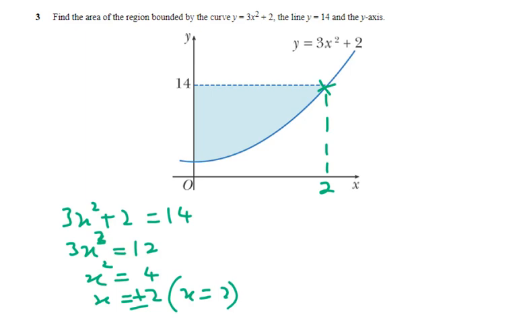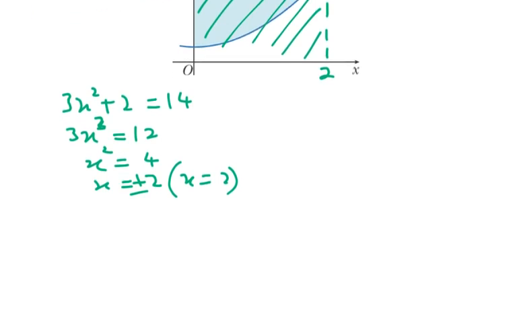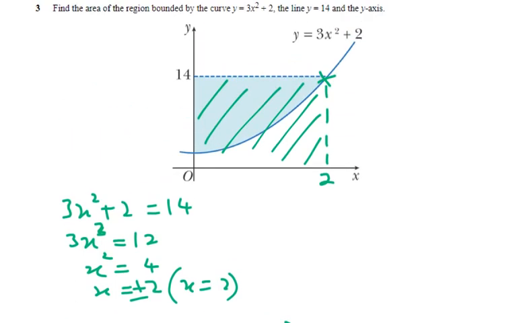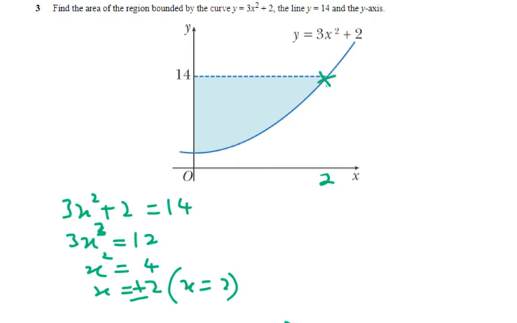With this information given, you can basically find the area of the whole quadrilateral here, the whole part. It is a quadrilateral where you can find the area by multiplying the base with the height. So I take 2 multiplied by 14, so the area is 28 for the whole diagram. To continue with this, I need to actually find out what is the area which is bounded